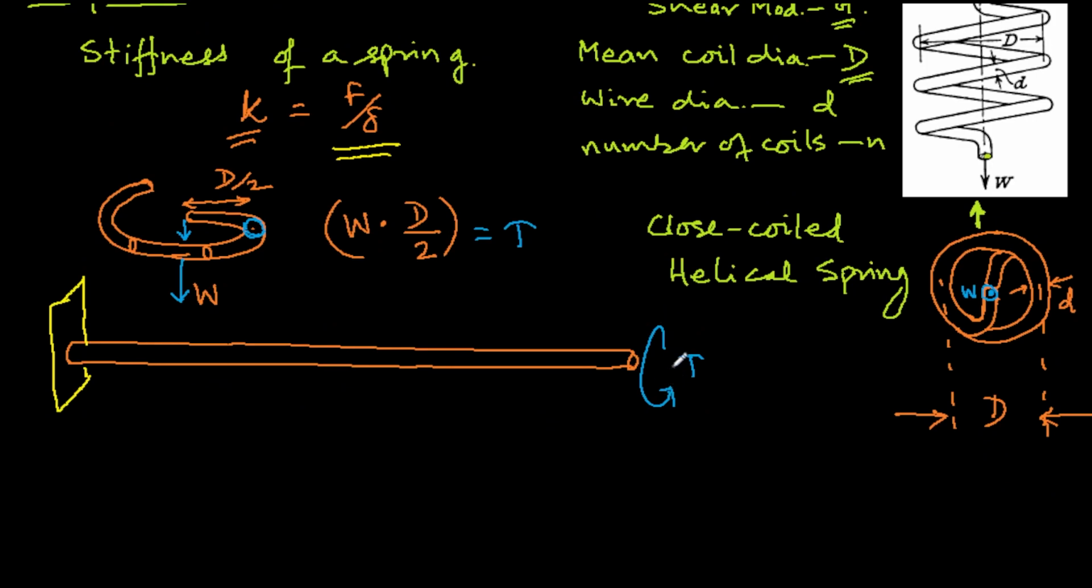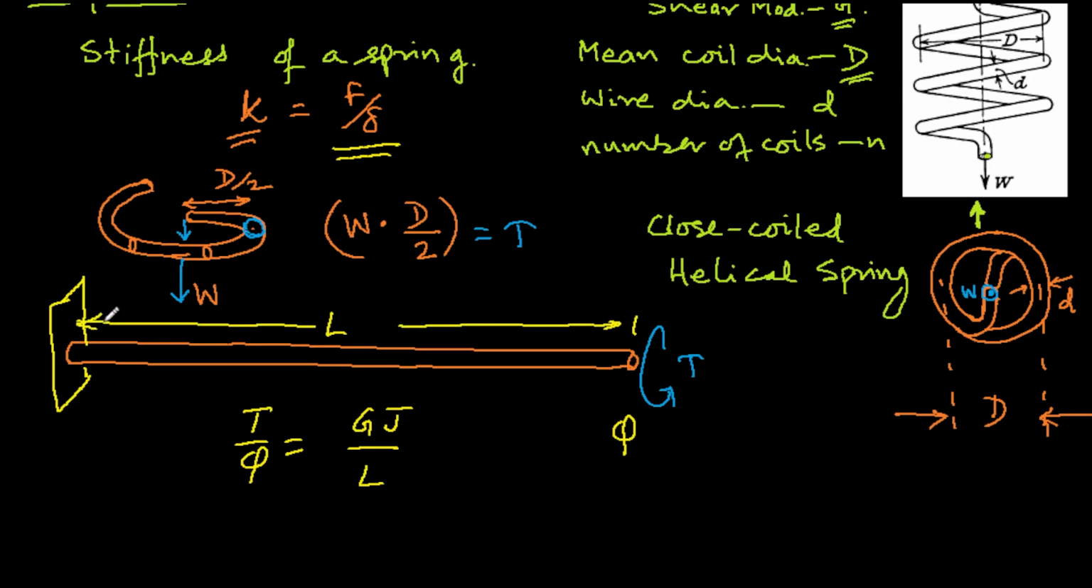So the torque is known to be this. If this is the torque, then what will be the angle of twist that can happen here? We know that T over phi is nothing but GJ over L. So this length L is the total length